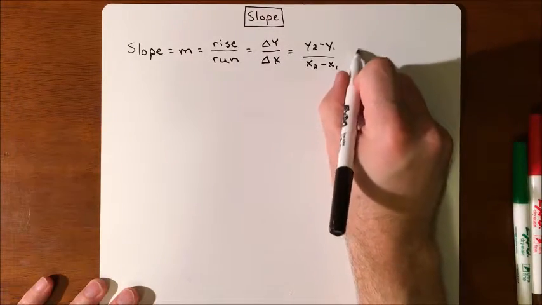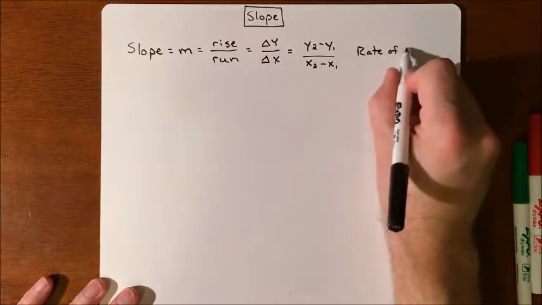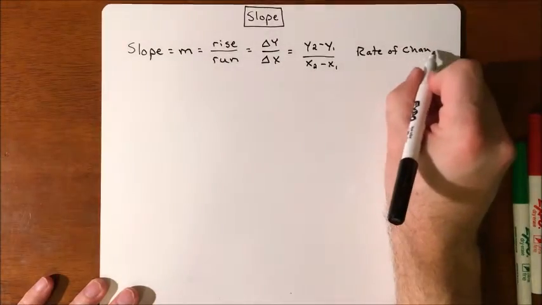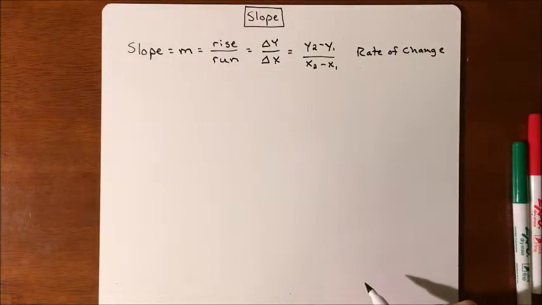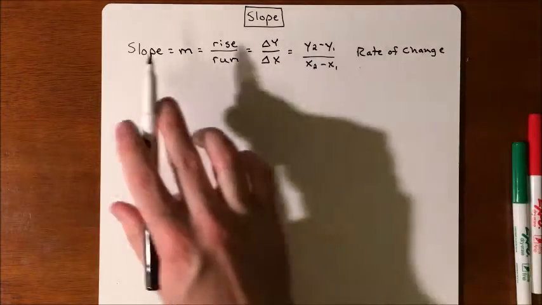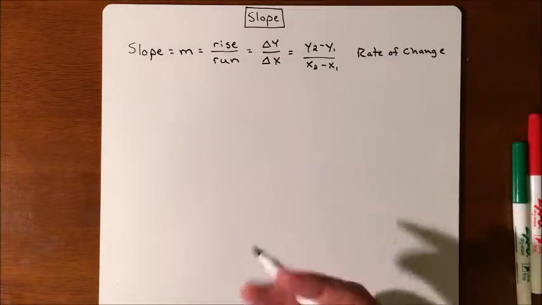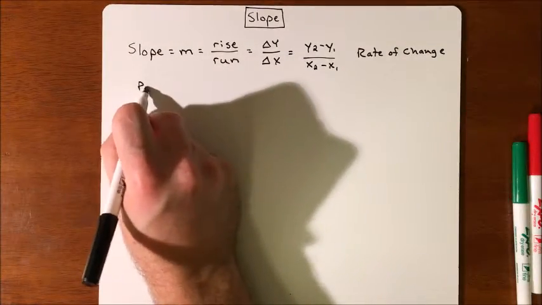It also is a rate, or a rate of change. So if it's in relation to a word problem, it may be miles per hour or feet per second, and that would be your rate, which would also be your slope. So a couple different descriptions that we can have for slope is we have